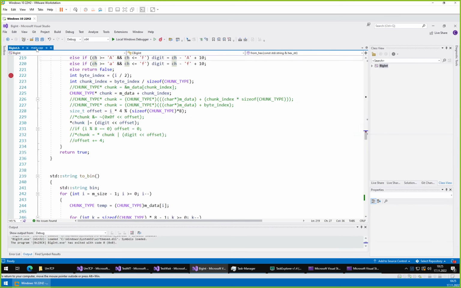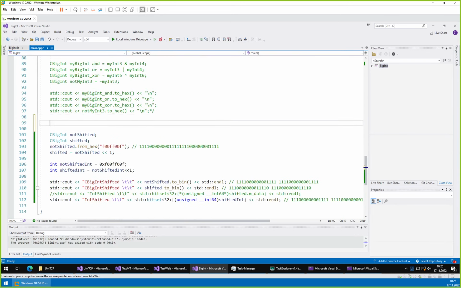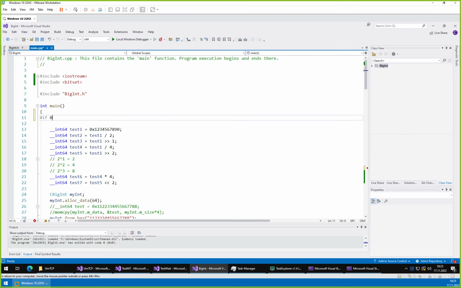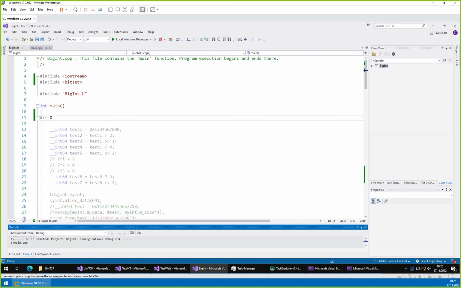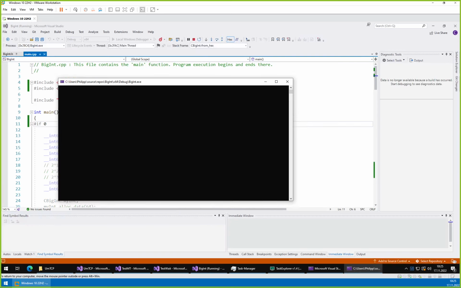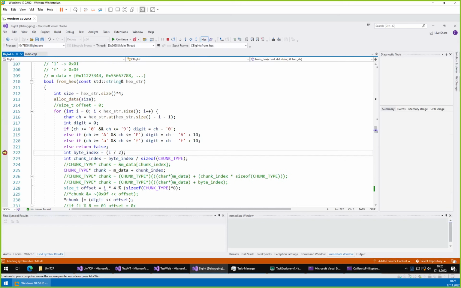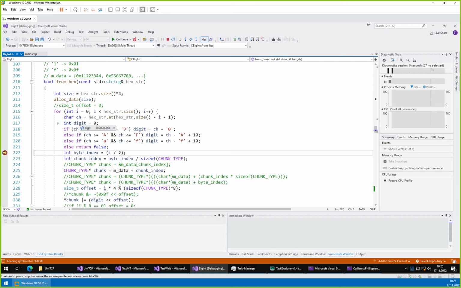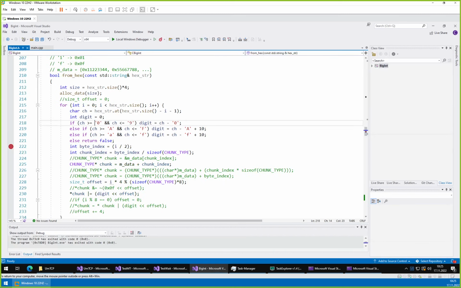We need first to comment out everything that we don't need. Okay. So the X string is the right one. The digit is A. A is not correct. The digit should be F. Char is F. Okay. Put a breakpoint